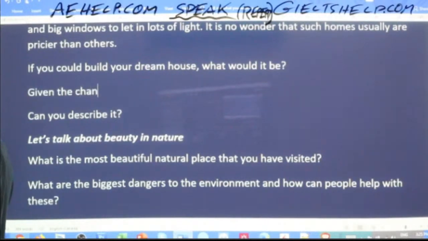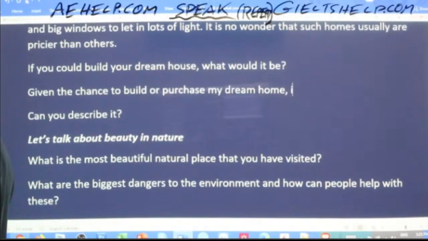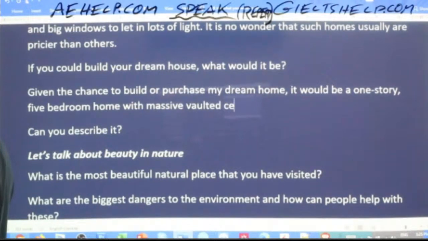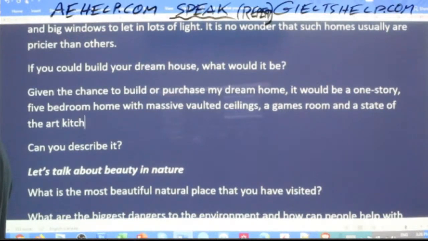Given the chance to build or purchase my dream home, it would be a 1-story, 5-bedroom home with massive vaulted ceilings, a games room, and a state-of-the-art kitchen.